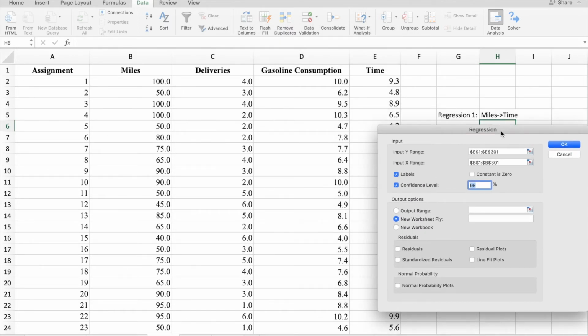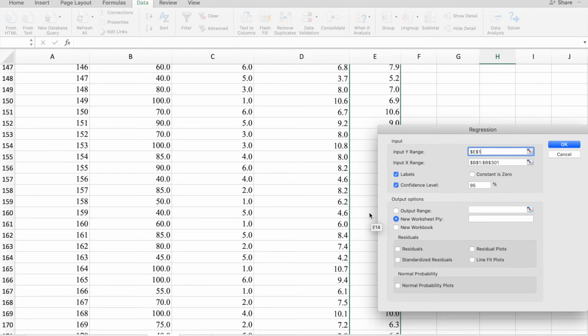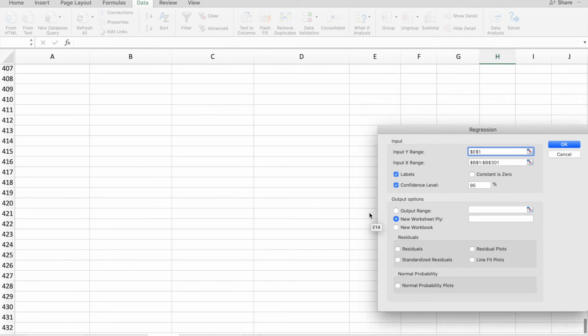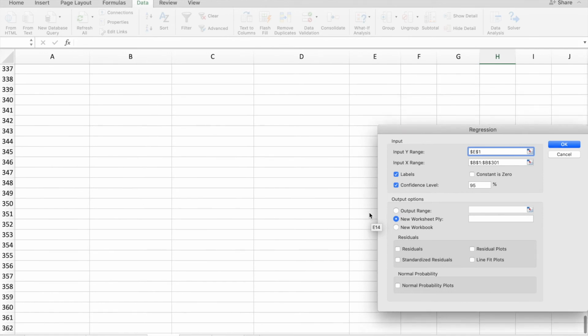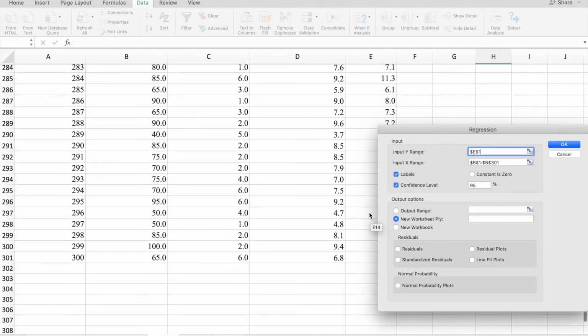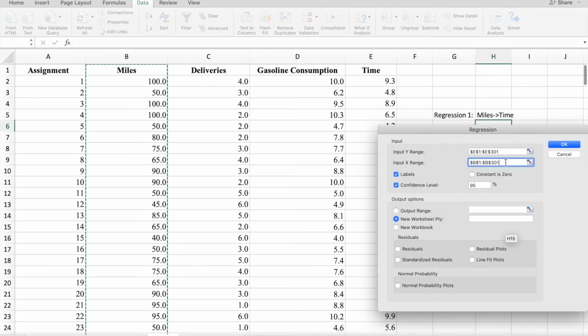We're going to start with the dependent variable, and that will be in column E. If you scroll towards the bottom, it will be until 301. Okay, you can select that way, or you can just go in there and type in the specific range and check. Column B is where the independent variable miles is. Since we included the titles of the columns, we need to check the labels,